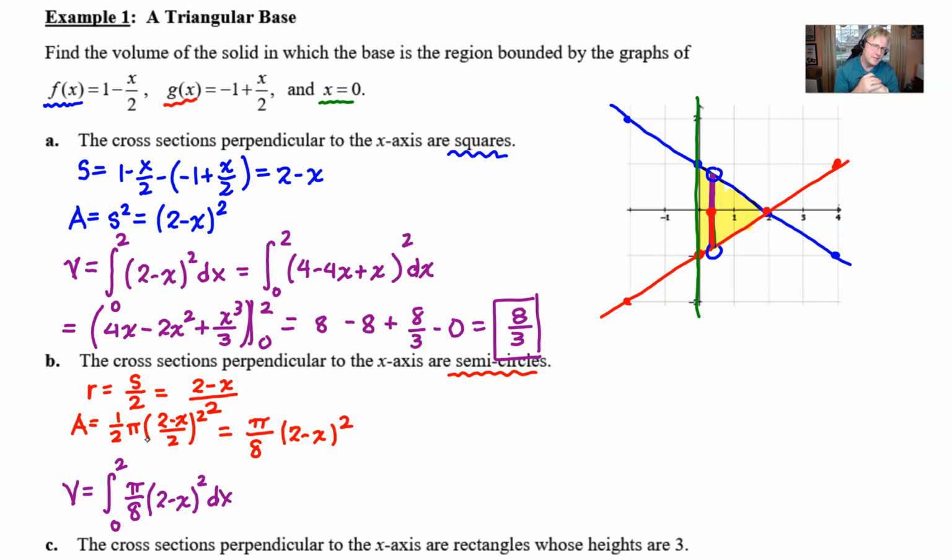So if you take a look at your part A, do you remember what we integrated up here? Does this look familiar? It certainly looks familiar. In fact, the only way that our answer in part B is going to vary is by this constant pi over 8. So we're going to borrow our answer from part A. By the way, it was 8/3. And if we multiply that by pi over 8, we will get our answer and save a whole lot of